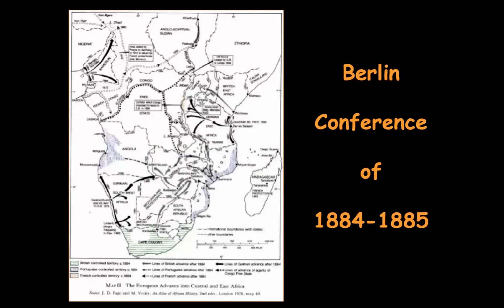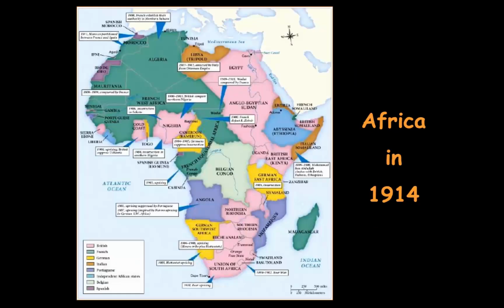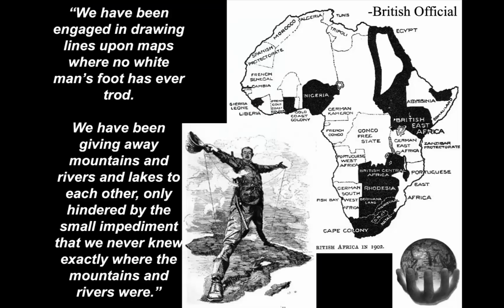Well, in the 1880s, there is this thing called the Berlin Conference. The Berlin Conference of 1884 and 1885 is where Europeans meet and they create the map of Africa. They create the map that's going to become this reality. Okay? So that's what's going to happen here, the Berlin Conference.